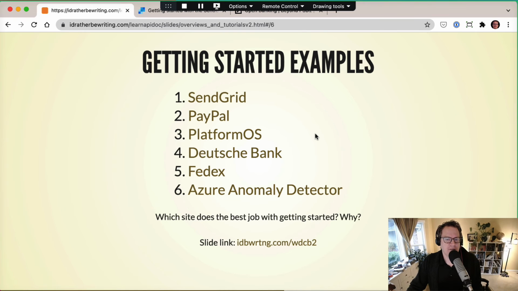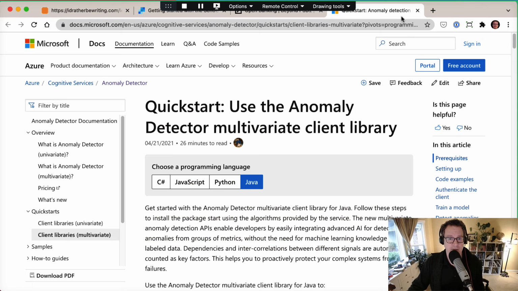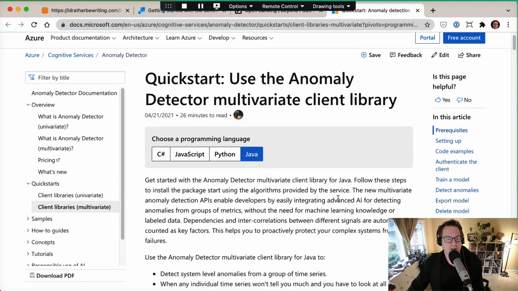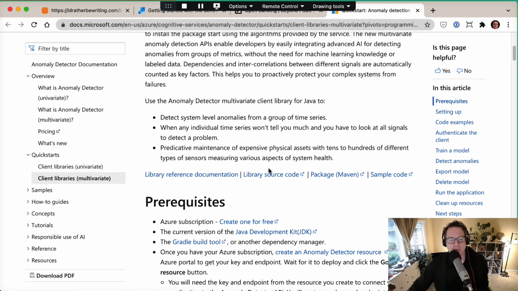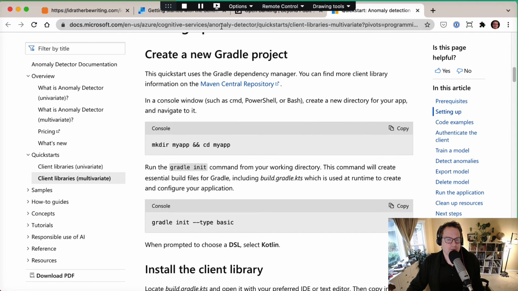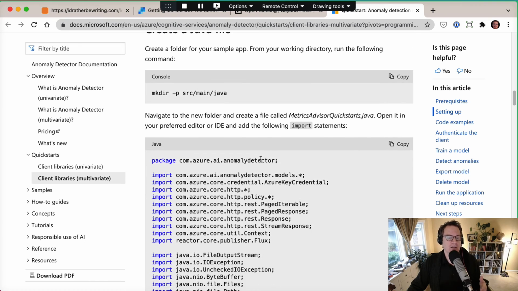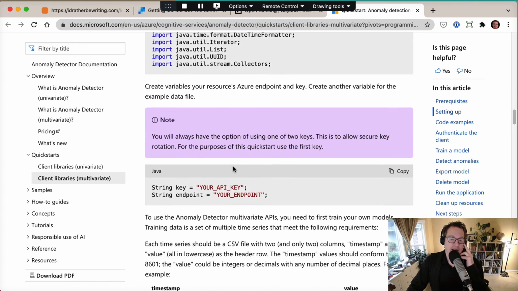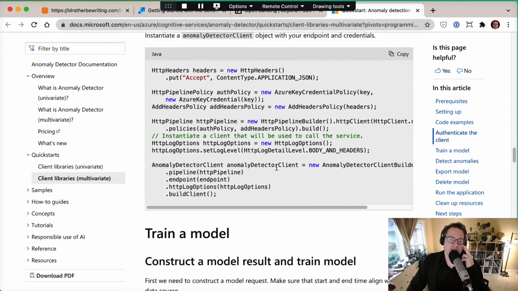But sometimes you have much more complicated things, like coming back to this Anomaly Detector. I like this one. I think Azure's got great docs, by the way. This is a quick start for using their thing, and they provide several different languages. So here you're building an app, and it's a lot more involved. After you create a new project and install some dependencies and import your packages, then it's like, well, now you're going to be pasting a bunch of code in here, and